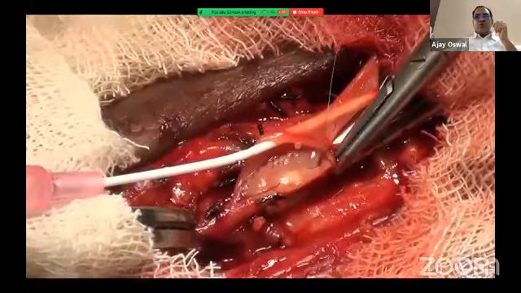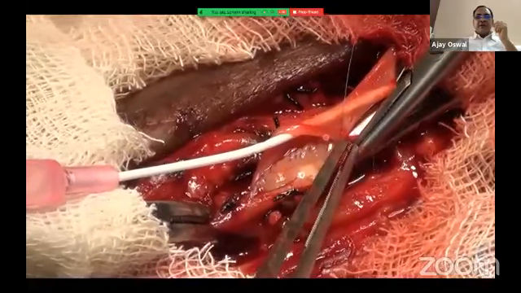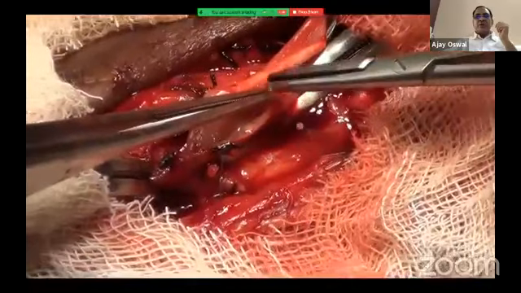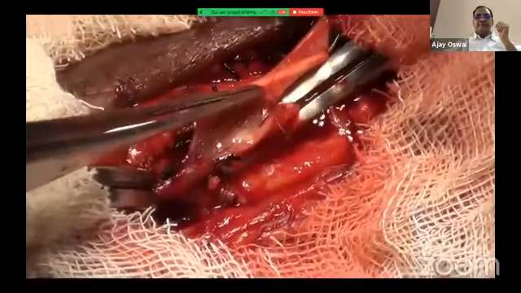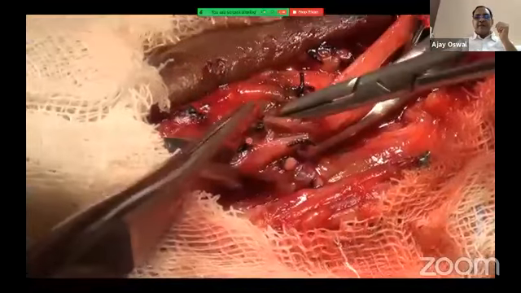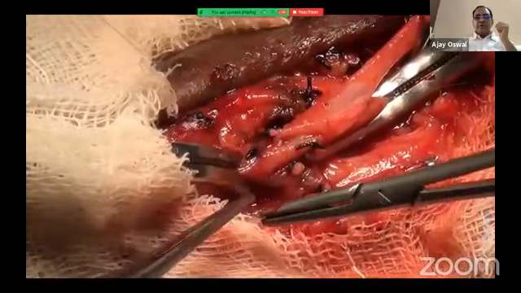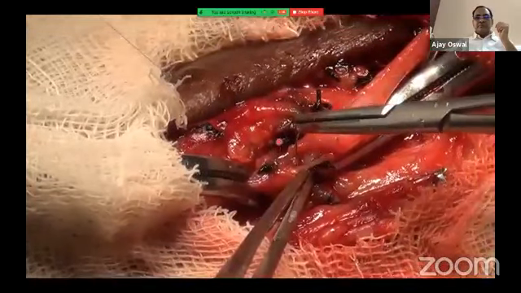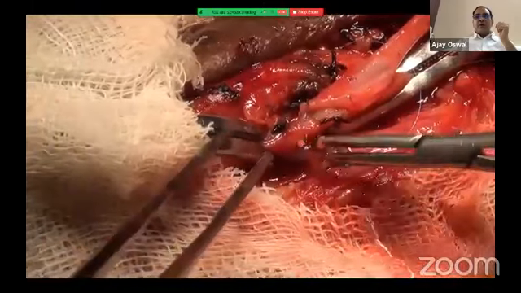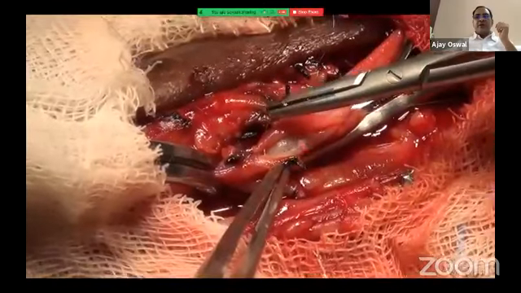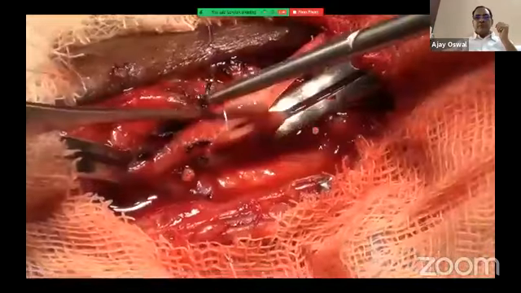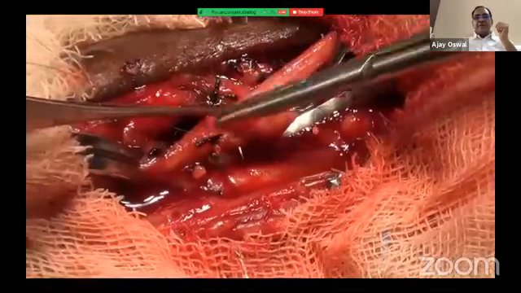Just one or two sutures here, then we start from the distal end again. The suture material I am using is 7-0 Prolene double armed. So I start from this end again. This is the distal end. Make every effort not to hold the intima of either the cephalic vein or the radial artery, both. Every bite is under vision.